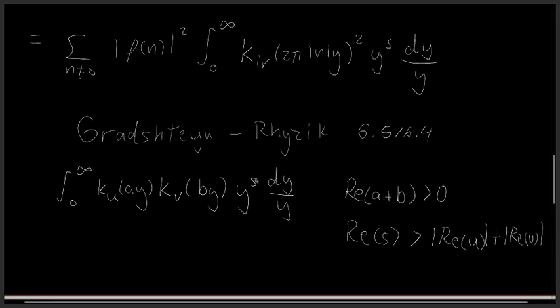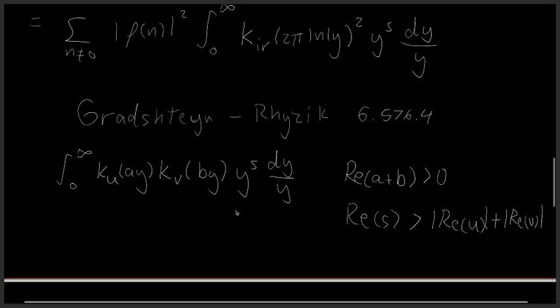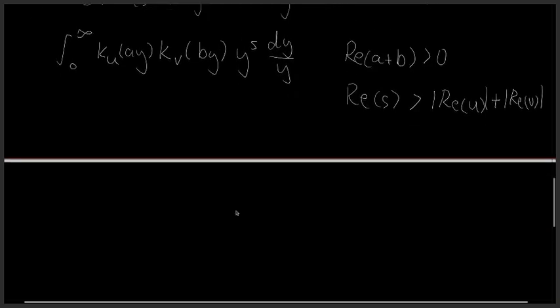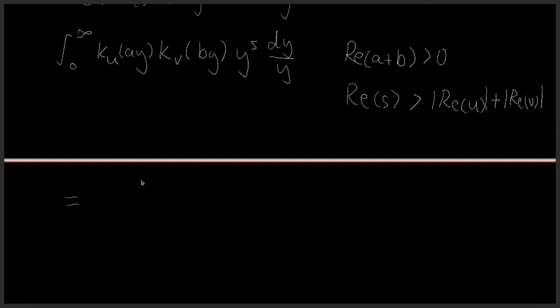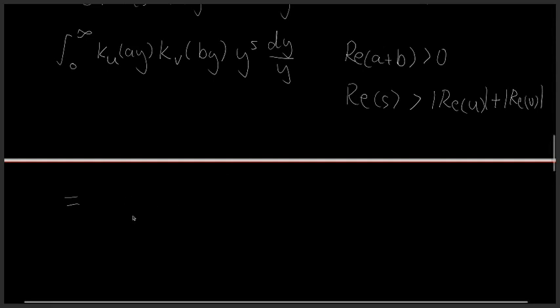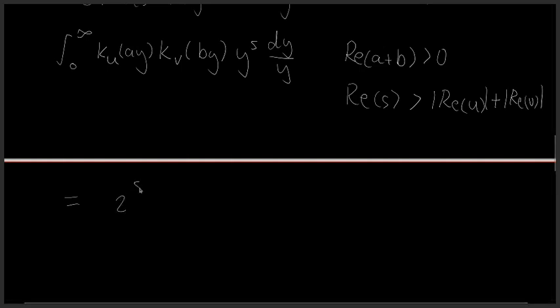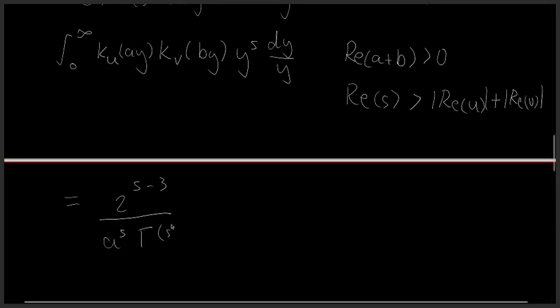Because if you don't have these, then your integral doesn't converge, and maybe you can still do something in that situation, but this is where the formula I'm going to write is valid, and what you end up getting after you look it up is that this is equal to 2 to the s minus 3 over a to the s gamma s times b over a